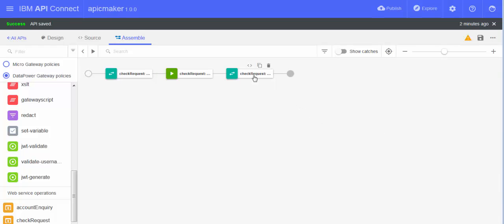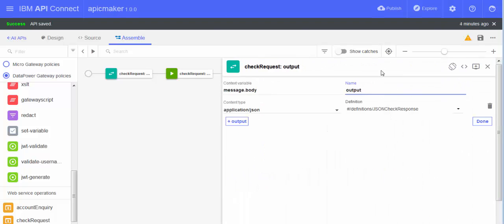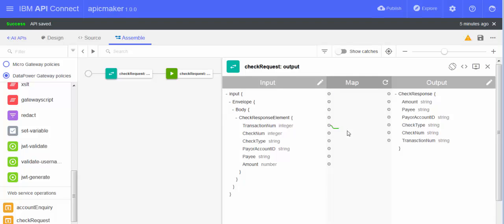We have to repeat this process in order to deal with the response coming from the back end once the SOA backend has responded. So we proceed the same way. We create the maps using the drag and drop capabilities of the user interface. Once this is complete,